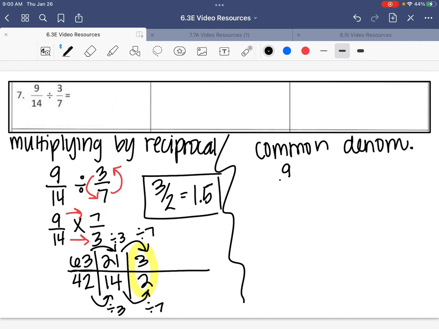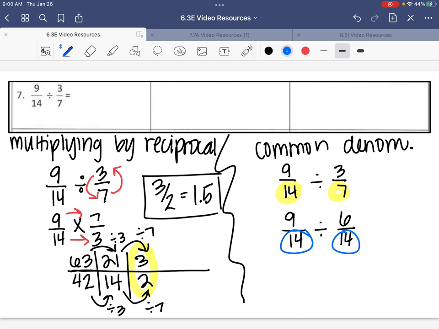So 9/14 divided by 3/7. 14 and 7 are not common denominators, but I can rewrite that with the least common multiple of 14. So 9/14 remains the same, and I'm scaling 3/7 up by 2. So 3 times 2 gives me 6. 7 times 2 gives me that 14. And now that my denominators are the same,